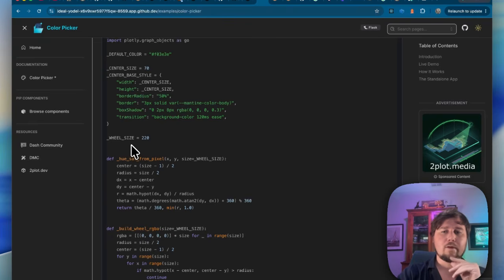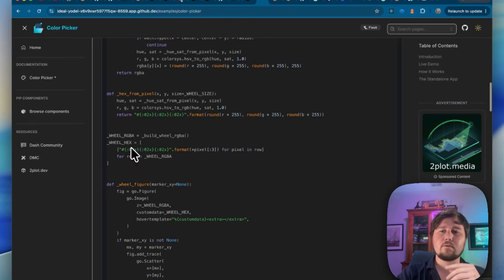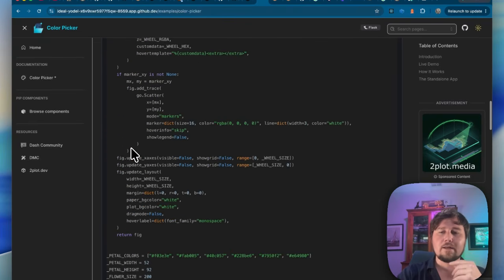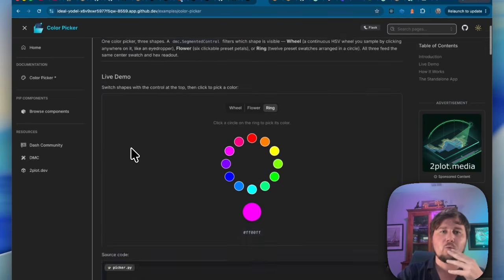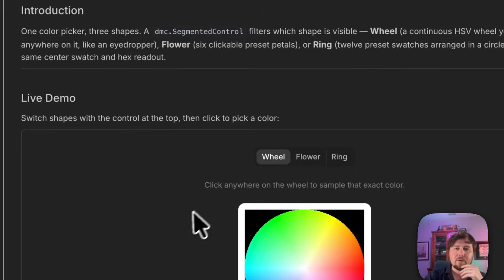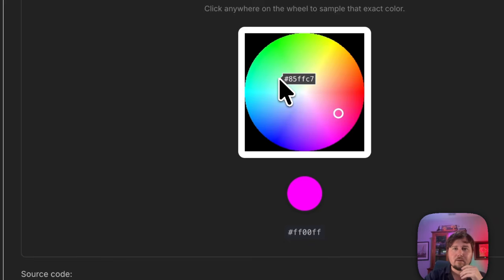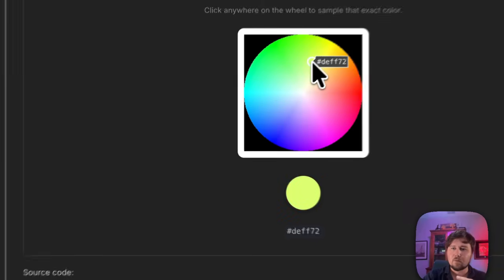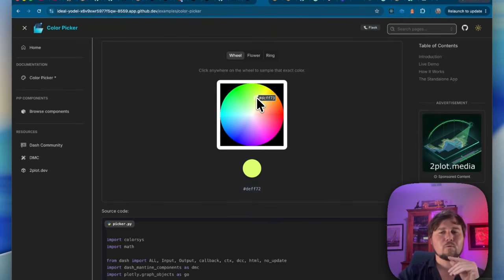But there is one thing that, whenever I was going through this and reviewing it, kept eating at me. I don't know why, but whenever I was on this wheel and I would click, it just seemed to take a little bit longer than it needed to. What's going on here? Now, this is a really interesting problem, and I think it will help us learn something, and it's shareable with the entire community.